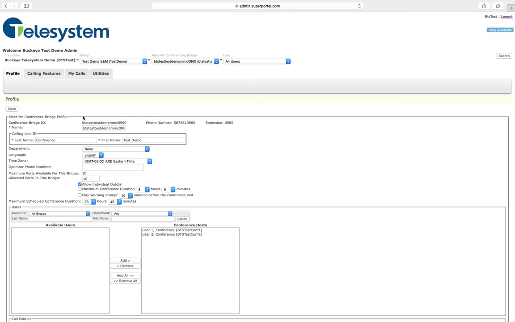From this page, you can change the name of the bridge and update the caller ID information for the bridge. You may choose a department from the drop-down box to limit access to the bridge by department. Adjust the language and time zone settings to determine how the conferences will be configured and when the system will